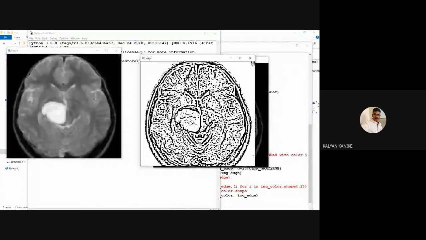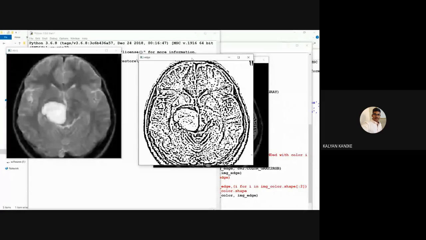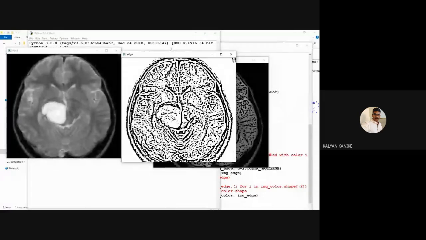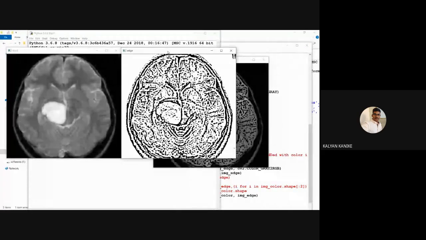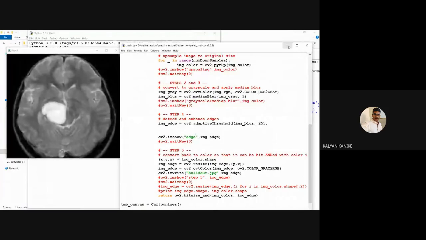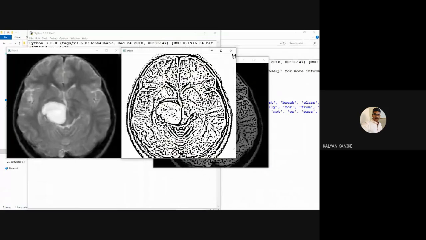Here you can see it's the edge information. If you see these two images, we have only black and white, either 0 or 1, in this image.